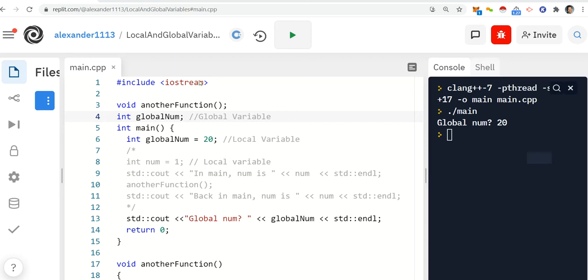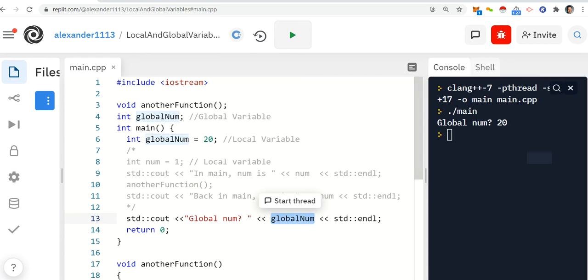Again, I want to emphasize that global num is hidden. That's what we call shadowing. So this will shadow the outside global variable. Again, you should really never do this, but it's something that I have to make you aware of so that if you see this, you don't get confused as to who gets what. So the technical term is called shadowing. And what's happening is the local variable shadows the global,